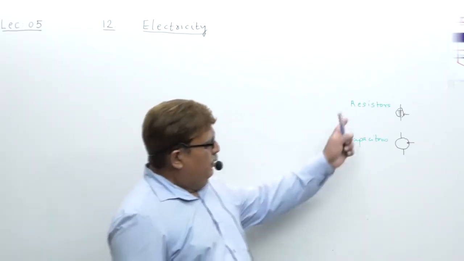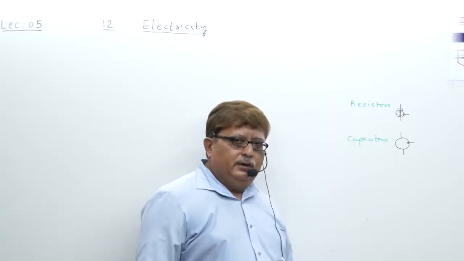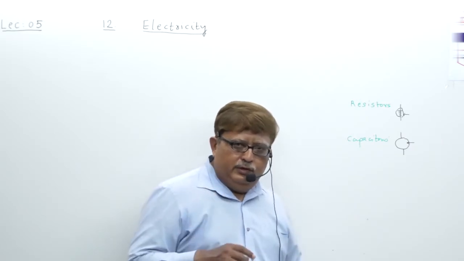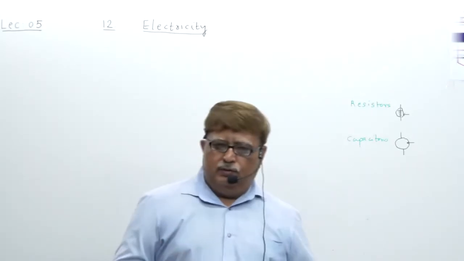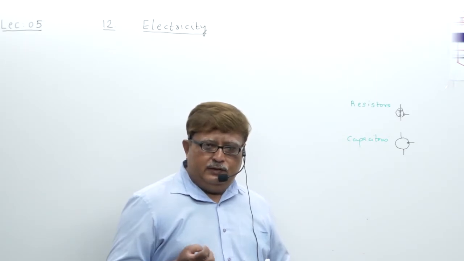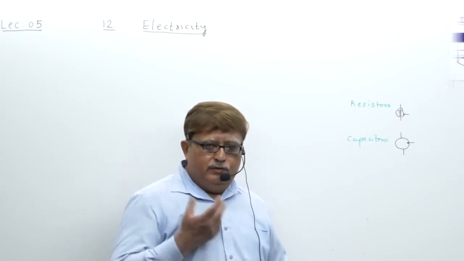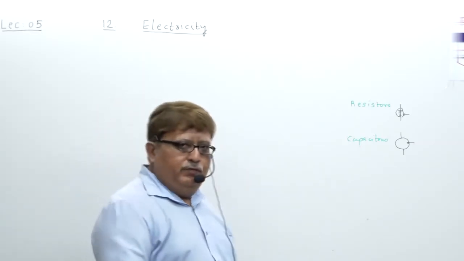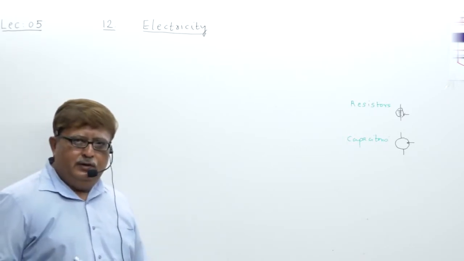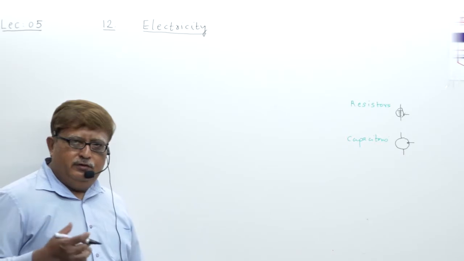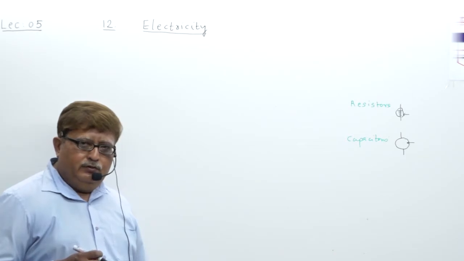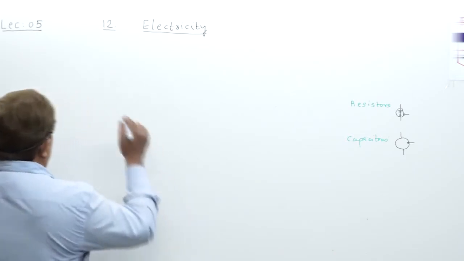My question was that you want a 10 ohm resistance at one point in the circuit, but suppose a 10 ohm resistance is not available in the market, then what will you do? And that's the solution in today's topic which we are studying, topic number 12.6, directly taking topic 12.6.1. Understand the title of the topic.